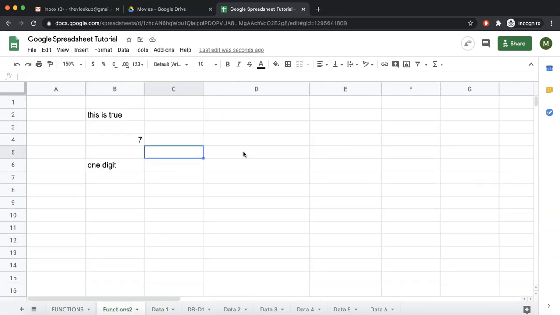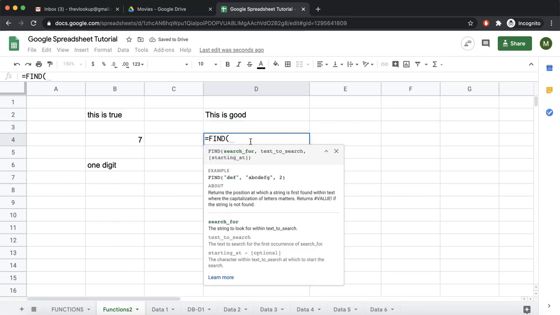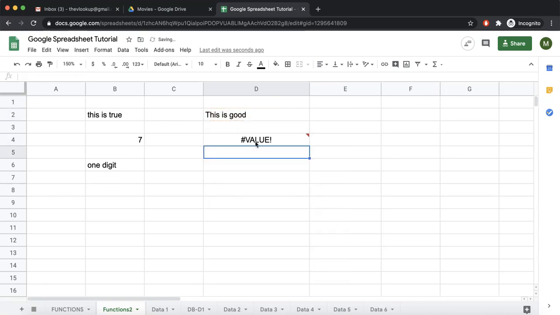Remember we did something called FIND. So over here this is "good" and we want to find, equal to FIND, search for "bad", text to search is this. Now this gave some error. Anything that you see starting with a hash is called an error. Error can be of any type. Now this gave an error because "bad" is not found over here. I want to make a system that if it gets an error, it should not show. If it doesn't find, it should not give me an error, but it should print something.